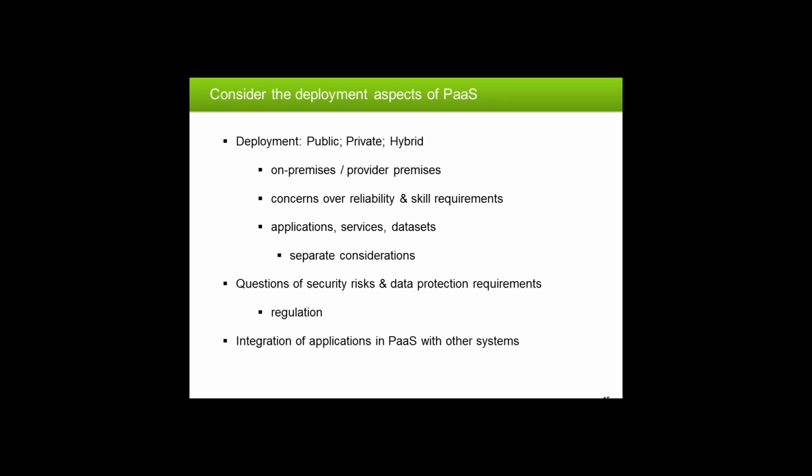And then the whole question of the applications, the services, the data sets you're going to use are going to be considerations. Where do you place the applications? Where do you place the data? Data may be sensitive. You may prefer to have it on premises. However, the applications are providing stuff out to the public, so the applications themselves aren't quite as sensitive. So even though they may be connecting to sensitive data, the applications themselves don't have to live in a highly secure environment. So there are a whole series of considerations here about where it's best placed.